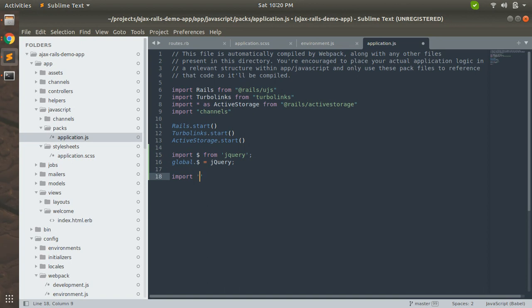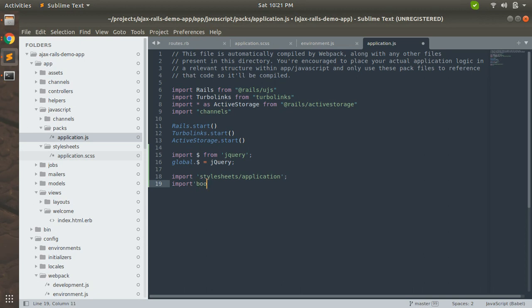Then import your application.scss for including Bootstrap styles into your application. We will add the Bootstrap stylesheets here, and import Bootstrap.